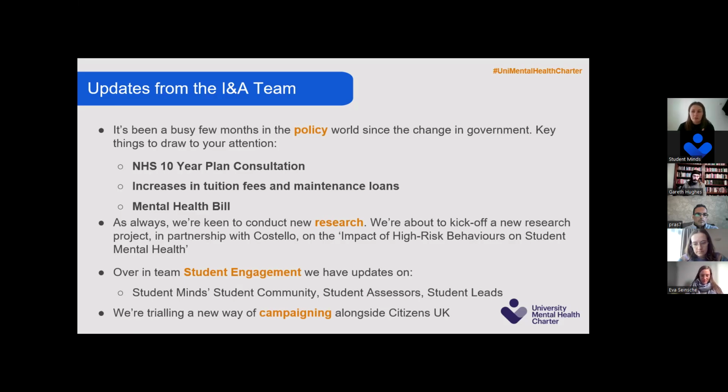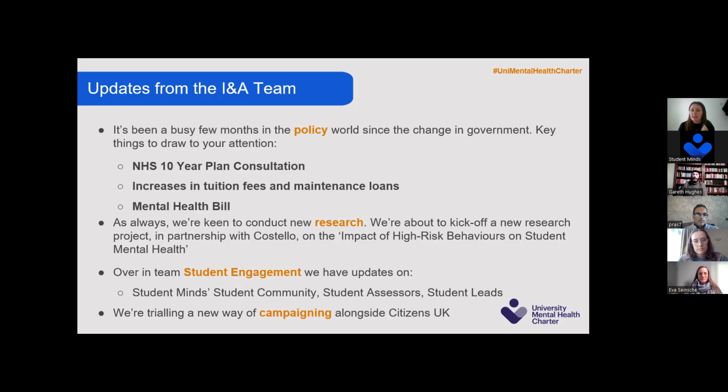So we've got quite a few students, a lot of them student leaders or students' union staff, working with us on our new model of campaigning, in the hopes that we can mobilise a bit of movement around student mental health again, with the aim of changing policy in the government. And again, all of that links back to our Student Mental Health Manifesto. We're hoping that our community organising approach will help us to get some of the asks in the Student Mental Health Manifesto in front of the people who can put them in place.